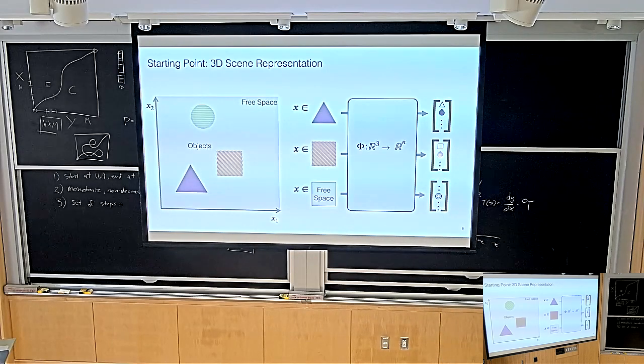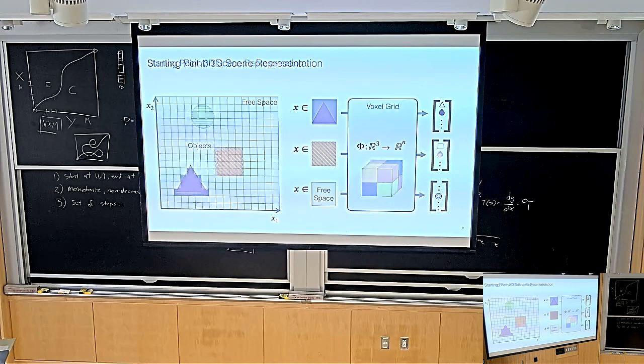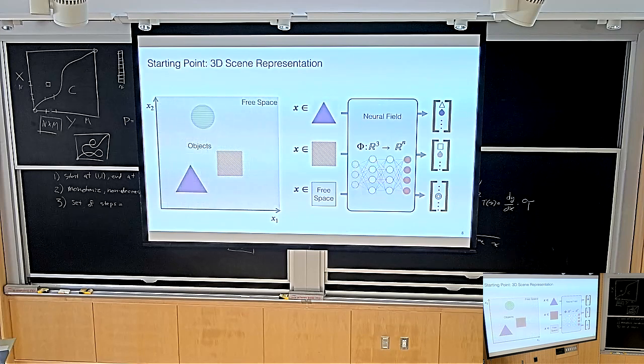And then, just as a brief reminder, how did all of these algorithms basically work? We started in the last lecture by saying, okay, we have some kind of 3D representation. Could be a voxel grid or could be a neural field. Voxel grids basically take the scene and discretize it, and in every voxel you store some information about the scene. Could be the density and the color, for instance, or the signed distance. Neural fields basically parameterize it as a neural network. So you have a neural network that takes a 3D coordinate as input and maps it to the RGB color or the density or maybe the signed distance at that coordinate. So that was part number one, the 3D representation. Any questions on that? Good.